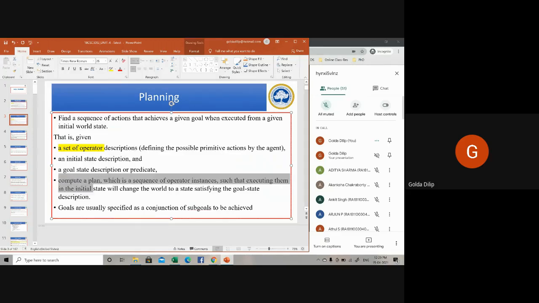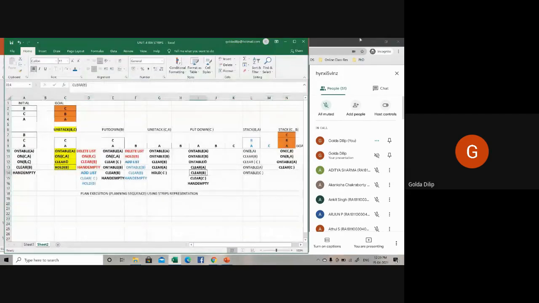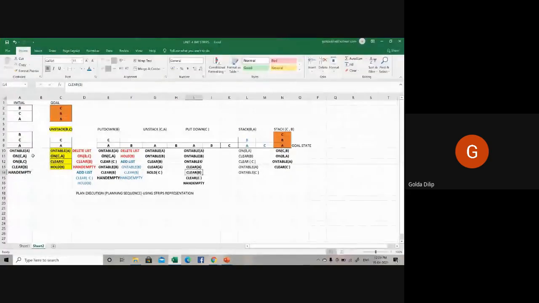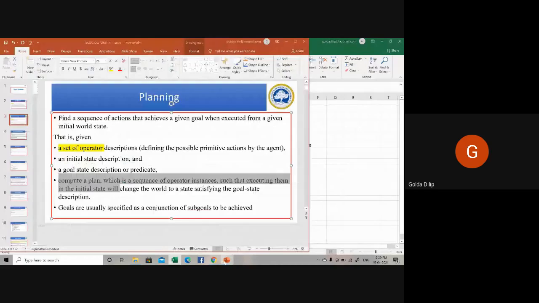Then compute a plan, which is nothing but a sequence of operator instances, such that executing them in the initial state will change the world to a state satisfying the goal state description. That's what we did here. From one state to another state, each action took us from one state to another. Goals are usually specified as a conjunction of subgoals to be achieved.